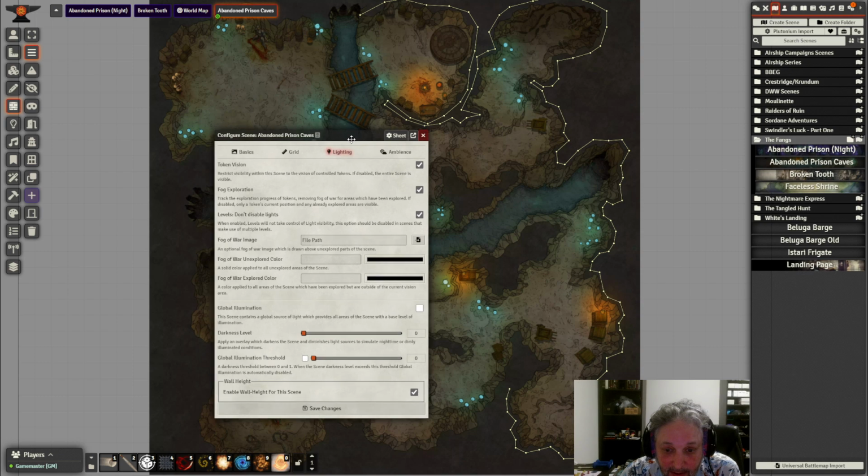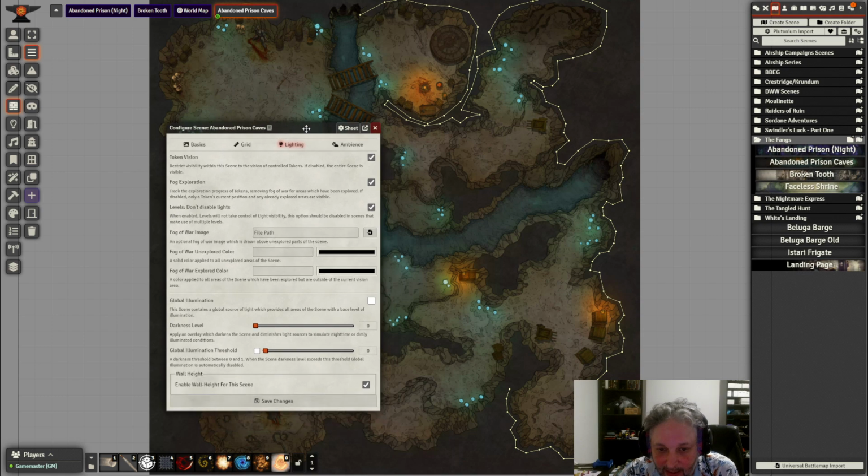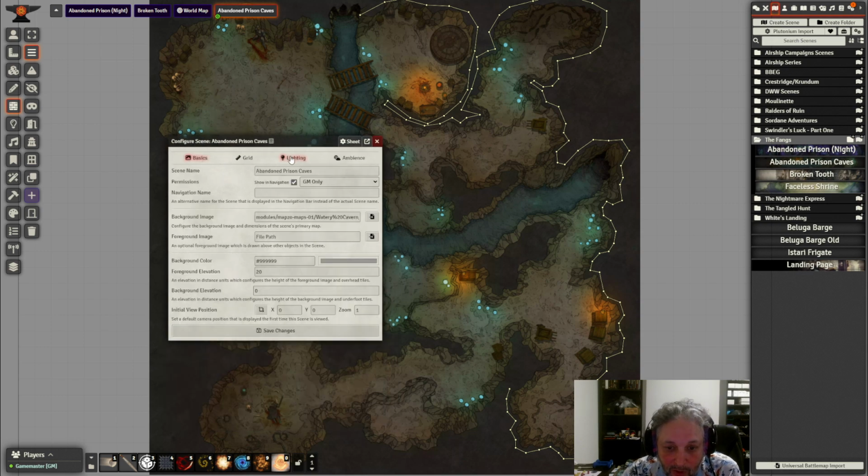Those are the easy ones. There are some other things like wall height. I do have some mods for levels, and I'm not going to be doing any of that tonight. But those are just the basics for getting these things going. So we're gonna hit save,